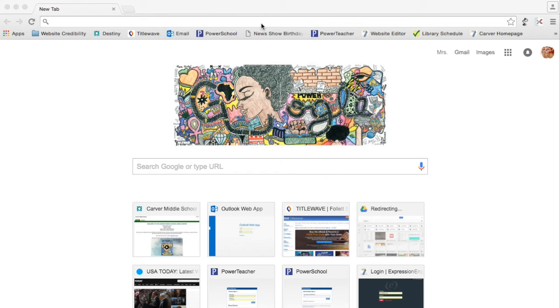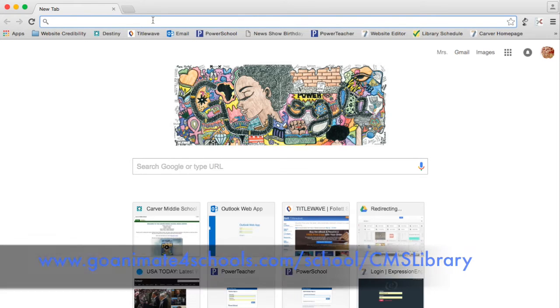Okay, so go ahead and open the internet. You can either do Safari or Google Chrome. Either way will work. And I want you to click up here on the address bar. And on this sheet that I'm giving you, there's a specific web address that you need to go to. It's